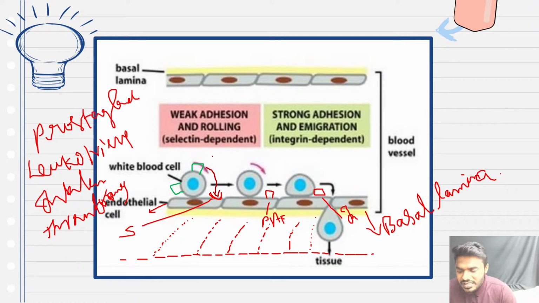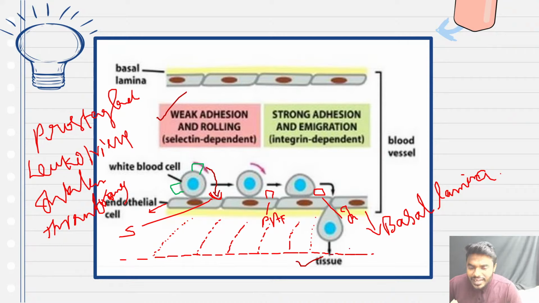Where the selectin receptor is present on the WBC, associated with the selectin receptor present on the endothelial cell. But friends, what is the disadvantage here? The disadvantage is that the adhesion is extremely weak. Very weak adhesion. See, the WBC has to enter into the damaged area. If it wants to enter, it has to undergo the process called extravasation, which means